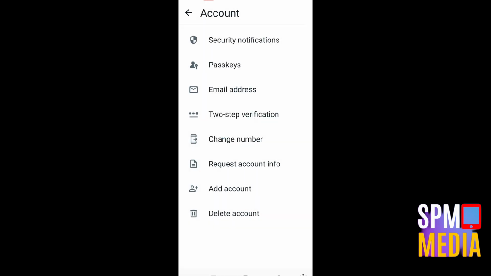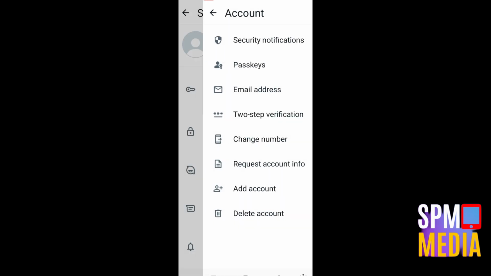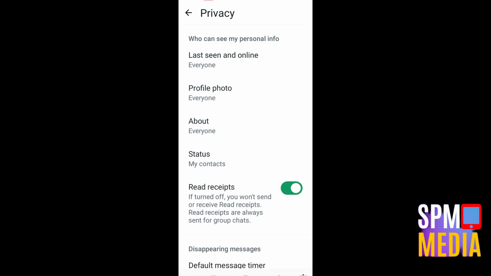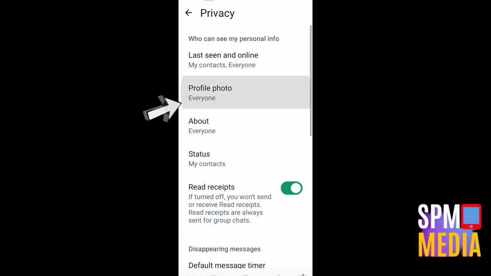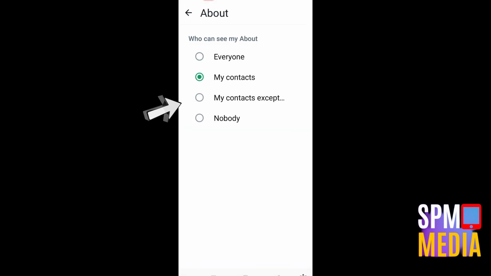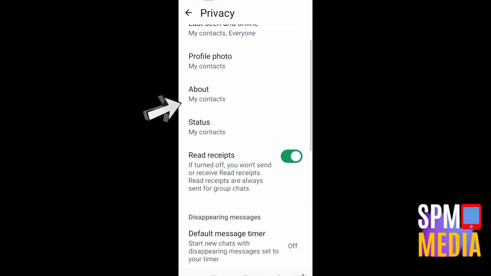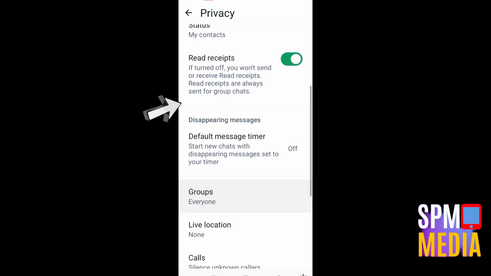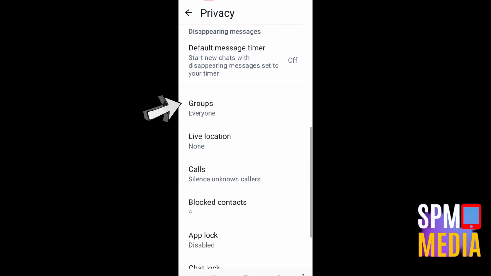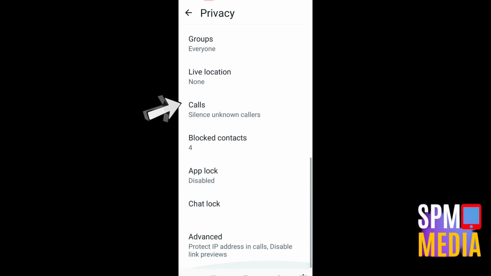Also, after doing this, you can now go back and then look for privacy. Here you have to scroll down, and then set this privacy to my contacts only, including last seen and online, profile photo, about, status, and then you can also go to groups and set this to contacts, live location, calls, and then for blocked contacts,